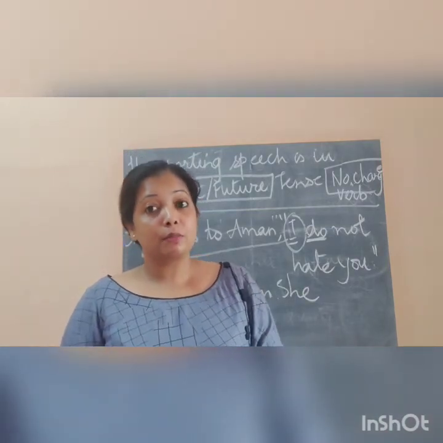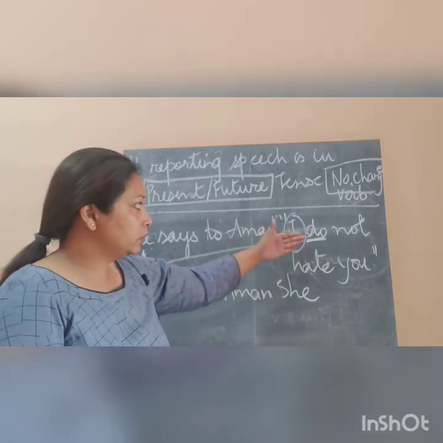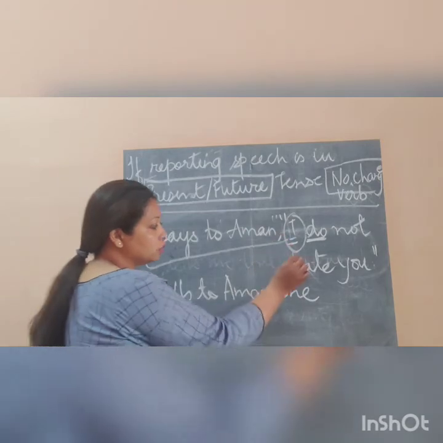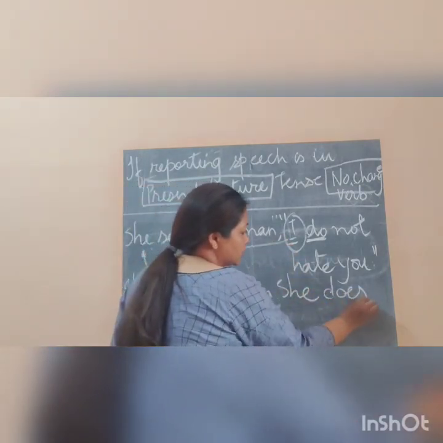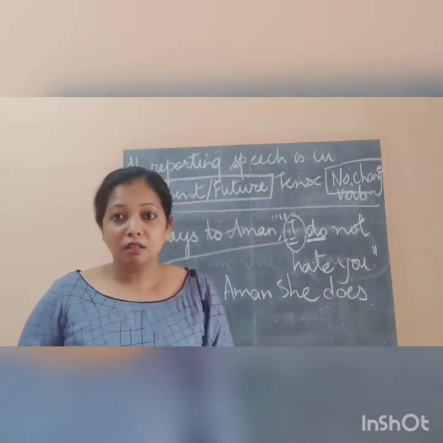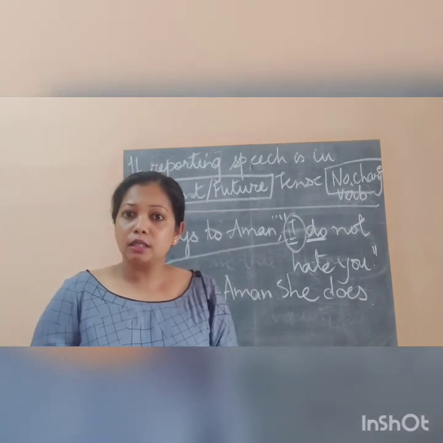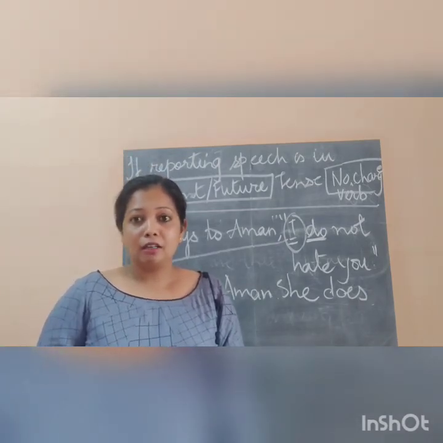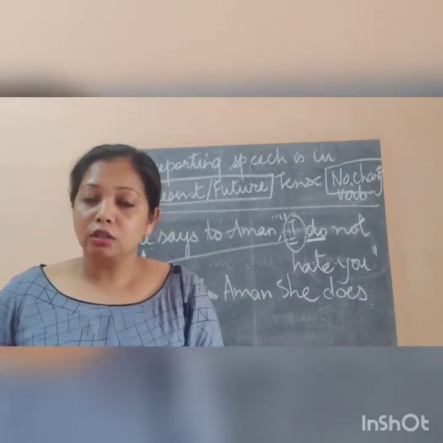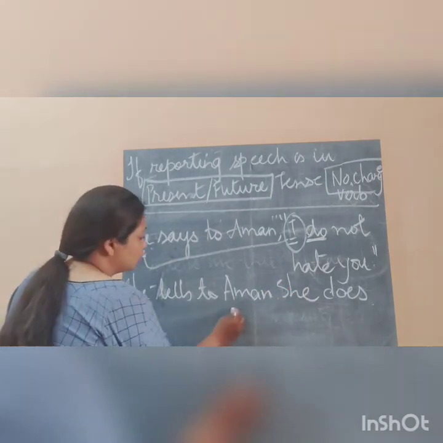But here in the reporting speech, it will change according to the person. So what will be the change here? So she do not, it will not come here. So it will be do. In the same family, it will be changed to does. But when you change it to does, it doesn't mean that the verb is changing. Do and does belong to the same family, right? Like he and her, his and him. So similarly, there is no change in the verb. So do will be changed here to does not